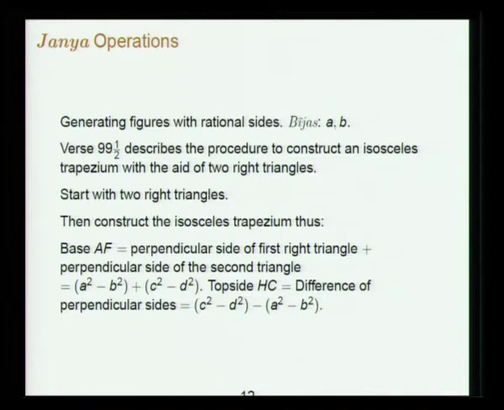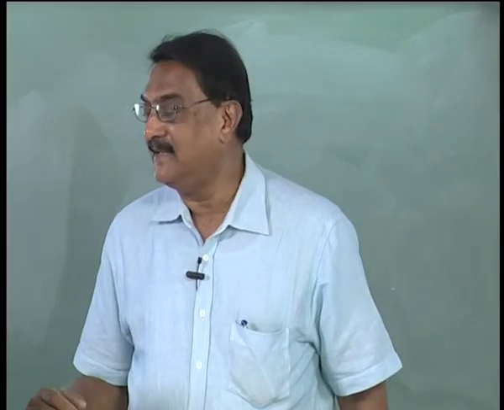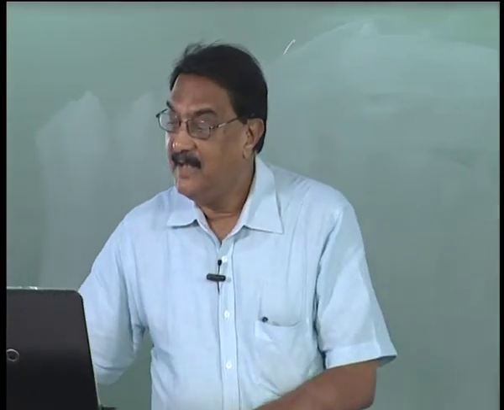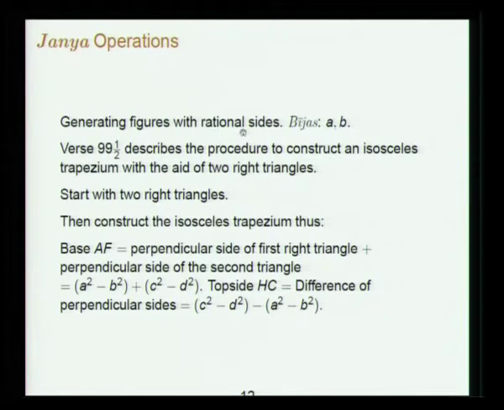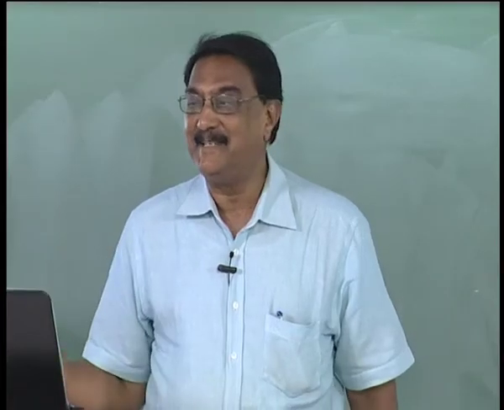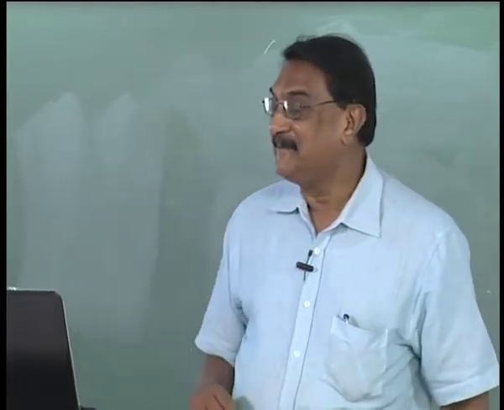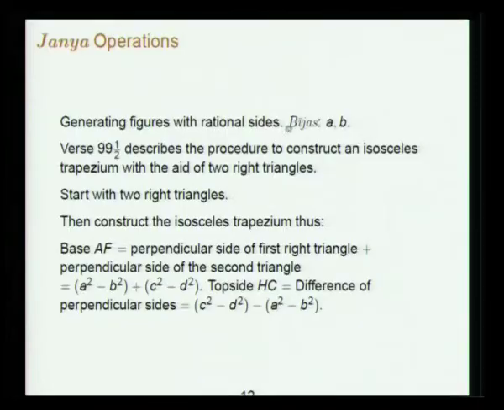So then he talks of the Janya operations, generating triangles with rational sides, quadrilaterals and various figures with rational sides, you see. As Professor Srinivas pointed out, that is like the generation of words in grammar. So I think the same idea seems to be working: generation of valid rational figures. So you take the bijas. Bijas means the starting points, the seeds. You start with AB. That itself may not be the value of the side or of the upright of the